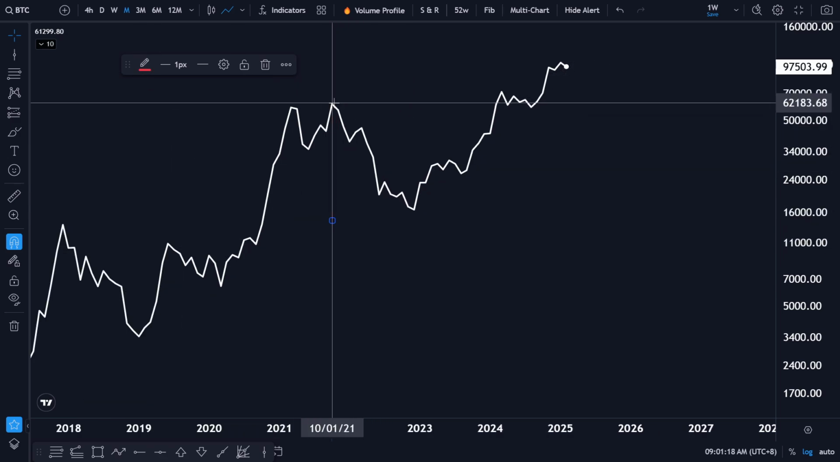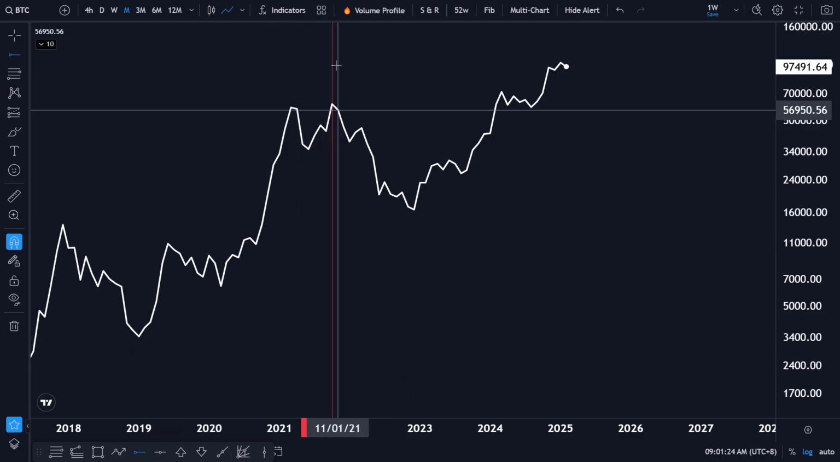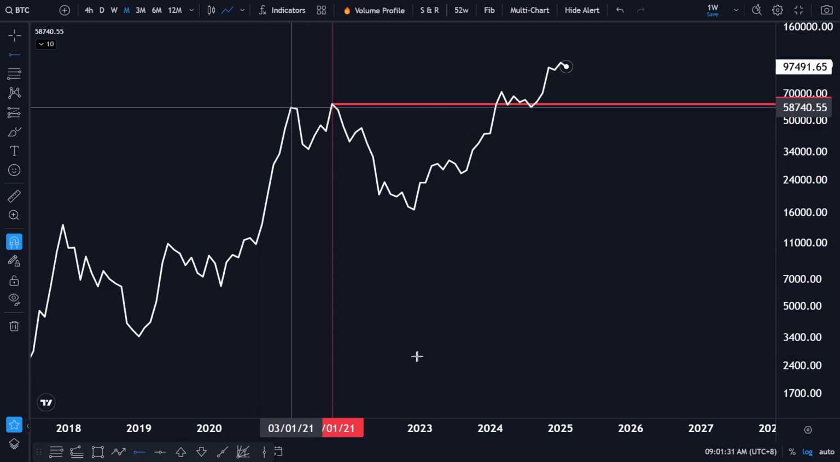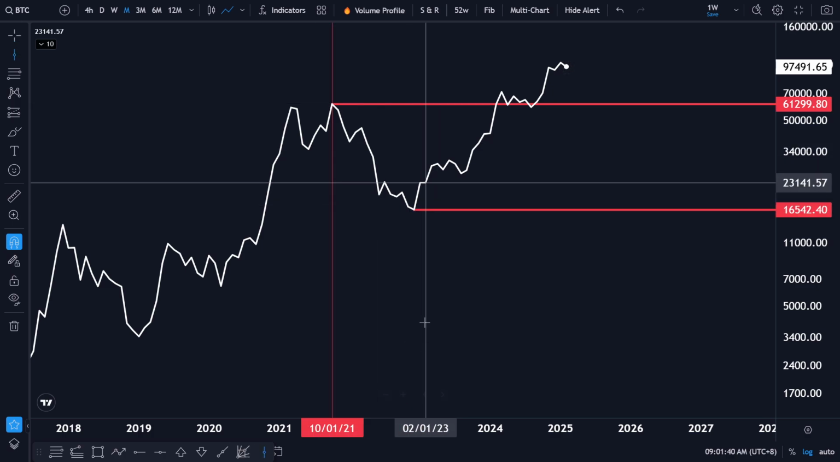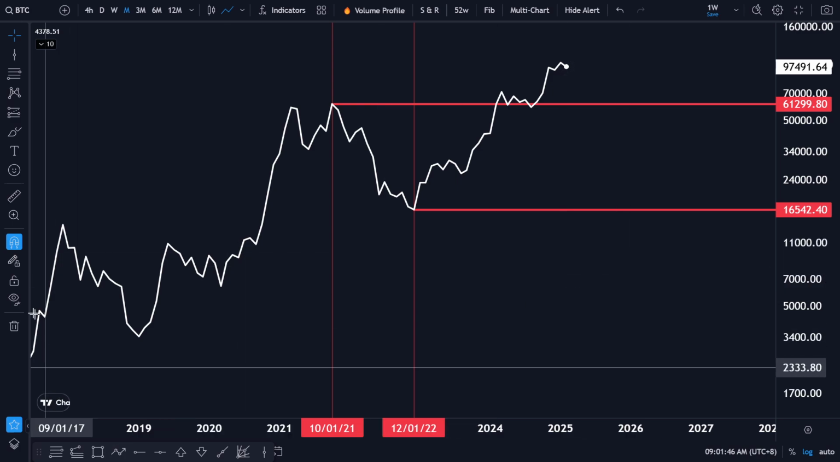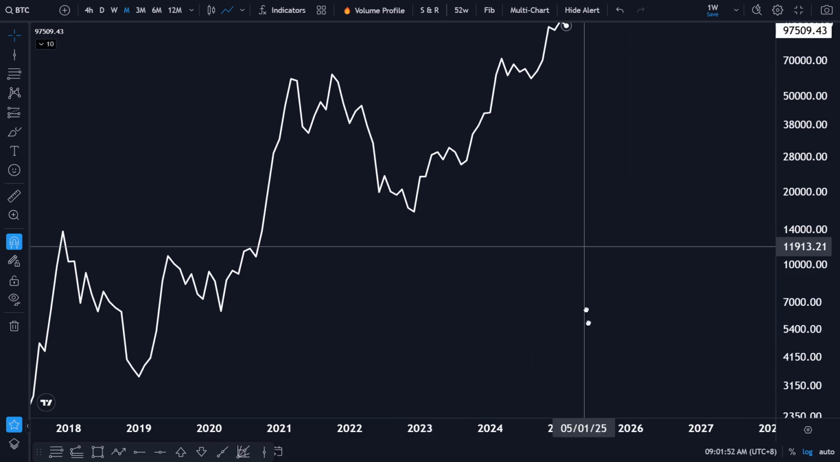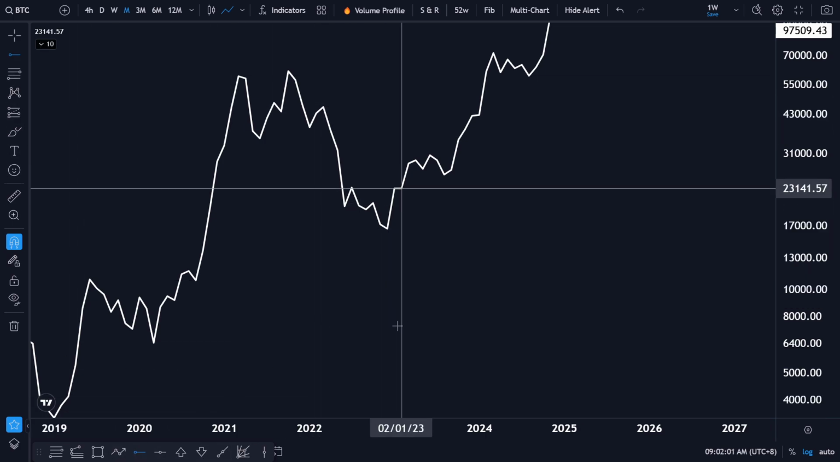This is the top of the bull market back in 2021, and let's put the red there, and this is the bottom of the bear market, and that's in 2022. So what I do is I use what we call the break of structure. So this, when we reached the bottom of the bear market here,